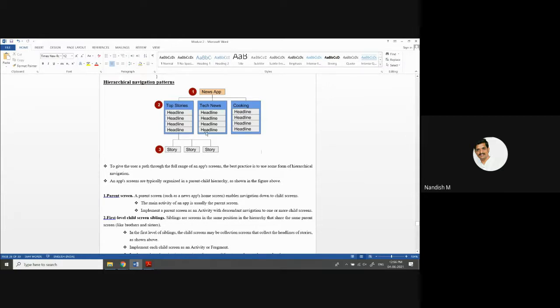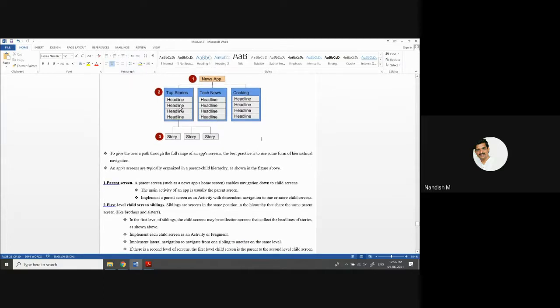See, this first level child screen will be a parent for the siblings at the next level. And this one will have the collection of screens that can handle the headlines of stories. How do you implement this screen?